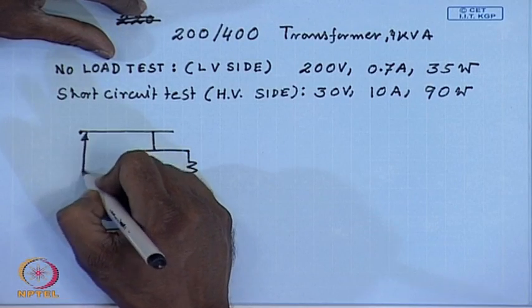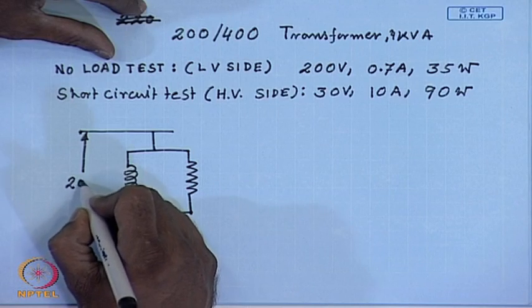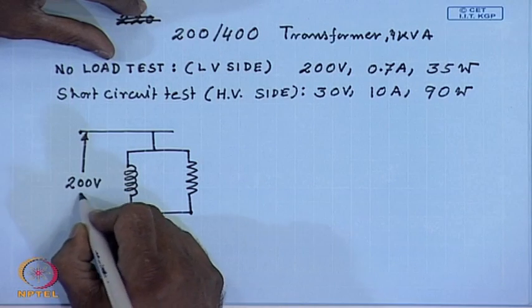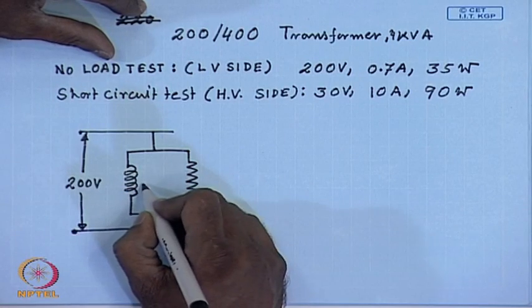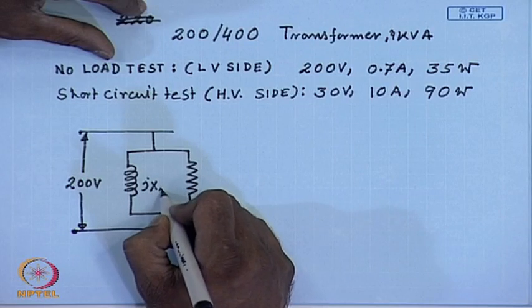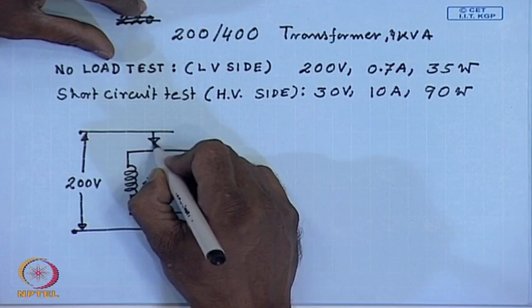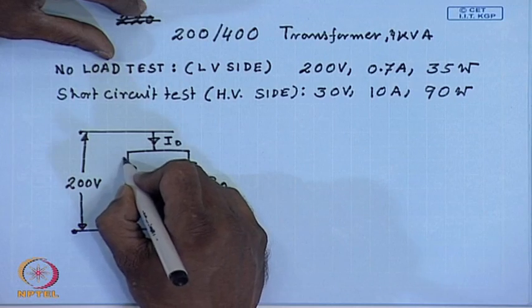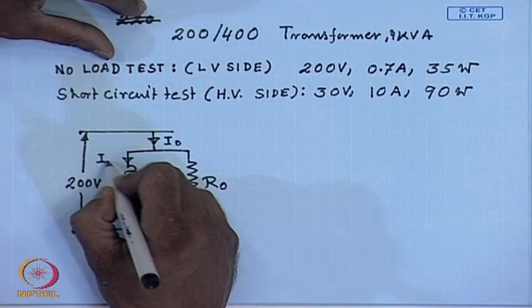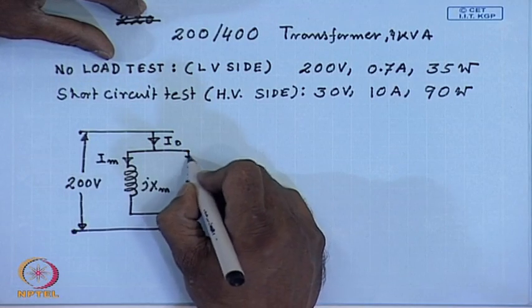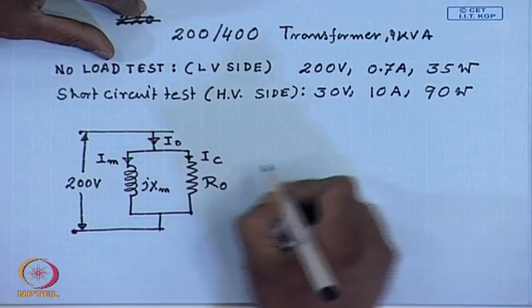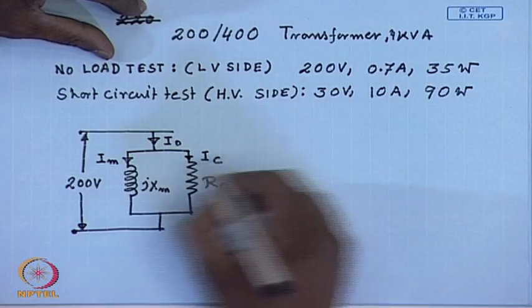This voltage applied is 200 volt. This is jXM, this is R0, this is the no load current I0, this is the magnetization current IM and this is the core loss current IC. The phasor relationship is